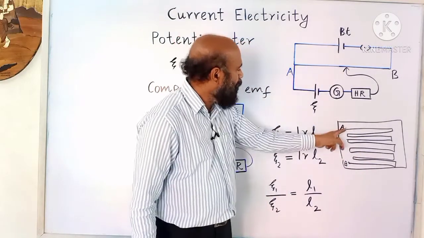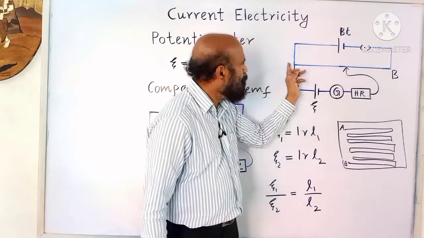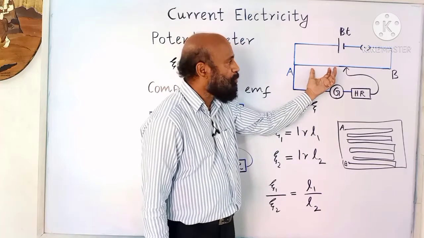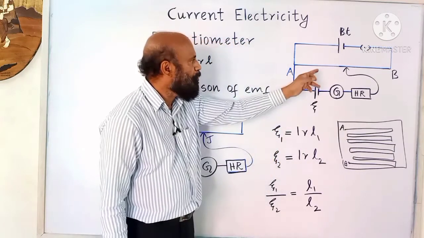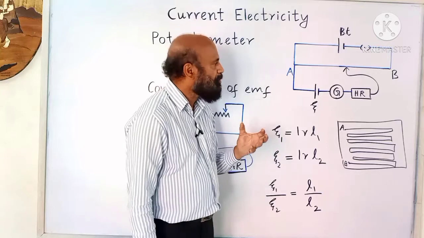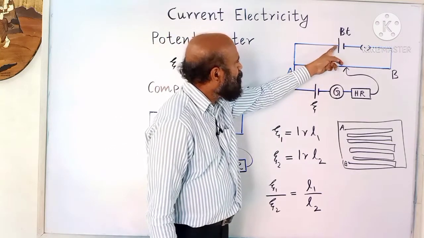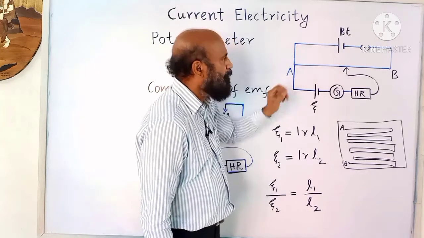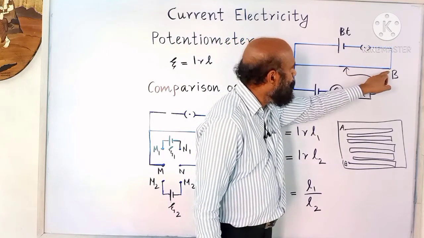So ends A and B. So the potentiometer is represented like this, and this wire is constantan or manganin. In a meter bridge also the wire is constantan or manganin. It's a resistance wire. Then you connect the positive end of the battery to the end A, and the negative end to the end B,